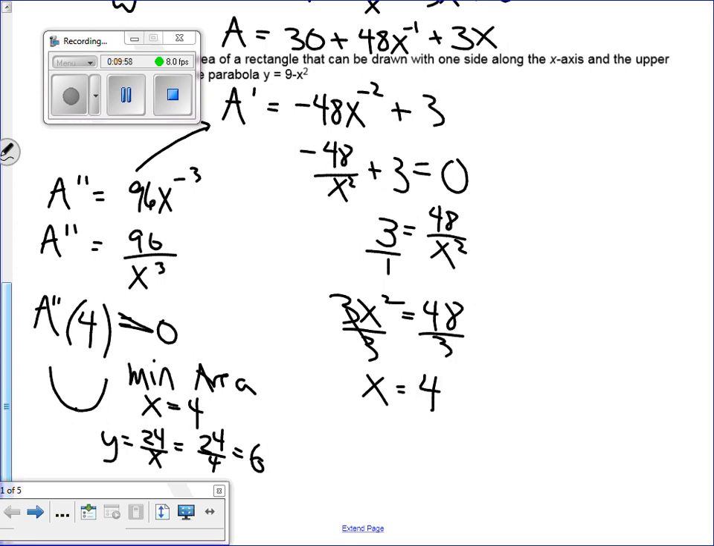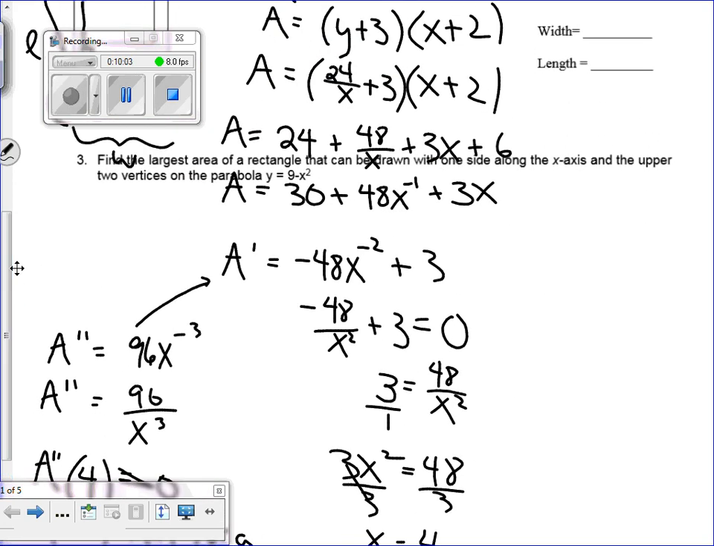x 4 and y 6. But now we got to be careful here because